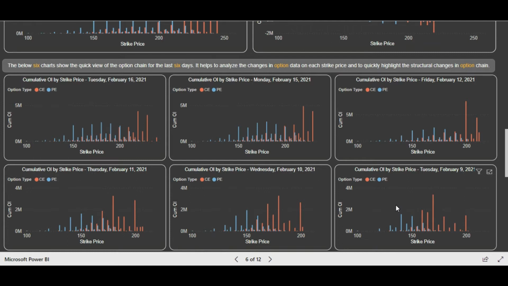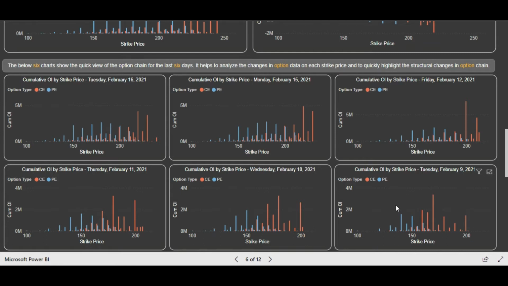As you already know, Motherson Sumi has rallied a lot, so we'll analyze how you could have captured the move, and how you could have analyzed the option chain data. And then obviously you have to relate the option chain; you cannot just do the analysis in isolation based on option chain data only. As I mentioned, you have to analyze any stock or index in a holistic way. So if you are going to analyze the option chain, you have to also relate it with the PCR data, the futures data, and the cash market data also. Once every data is in harmony and in sync, that means you are going to take a high probability trade based on that, right? So we're going to see this example.